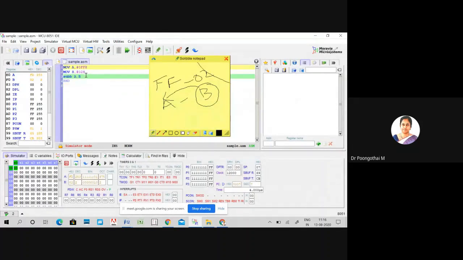So next I am doing reverse subtraction. I am subtracting FF from 02. Let's see what will happen, okay?